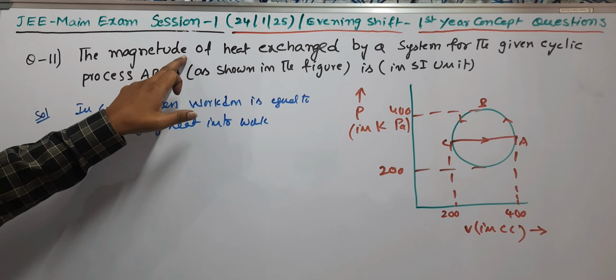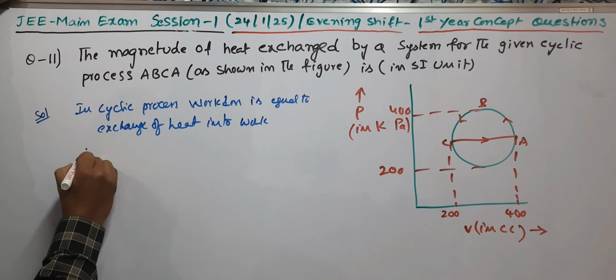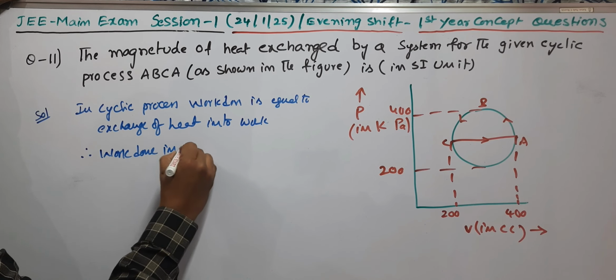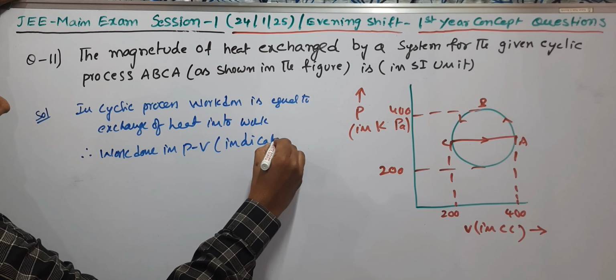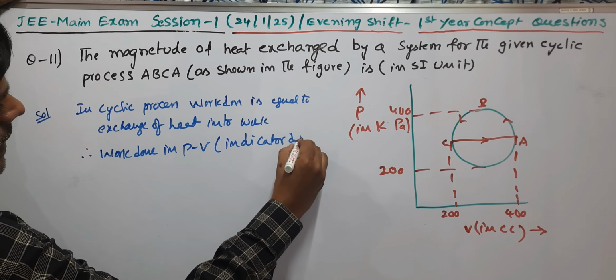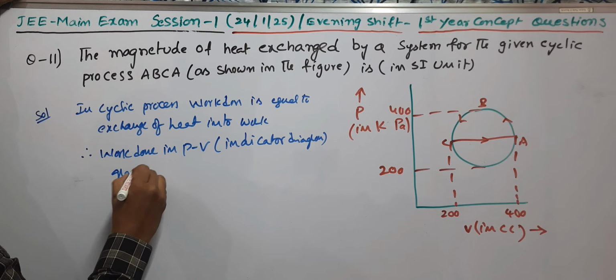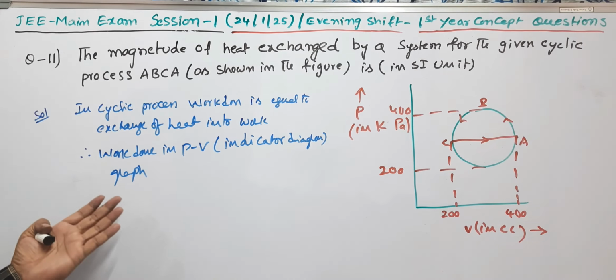So the magnitude of heat exchanged by a system for the given cyclic process, therefore, work done in PV, that means called indicator diagram, that is nothing but what I say, PV graph. That means when you draw a graph between pressure and volume, which gives rise to the